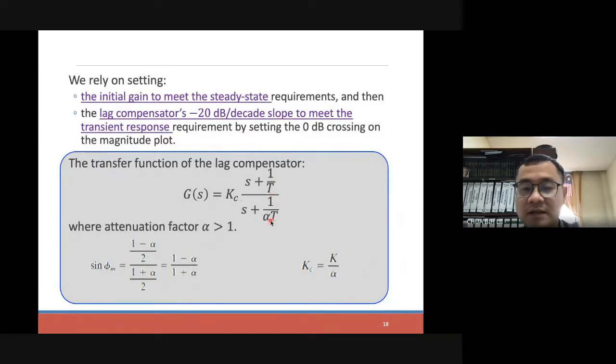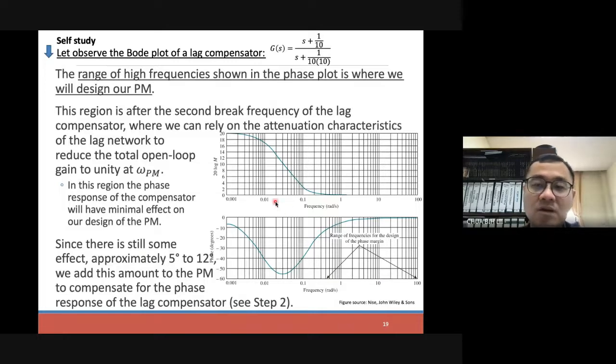So you just recognize that when we rearrange, this would be the attenuation factors, and the Kc value can be comprised of K divided by alpha. All right, so now you can try to follow this. The idea is very similar. So if we have this particular